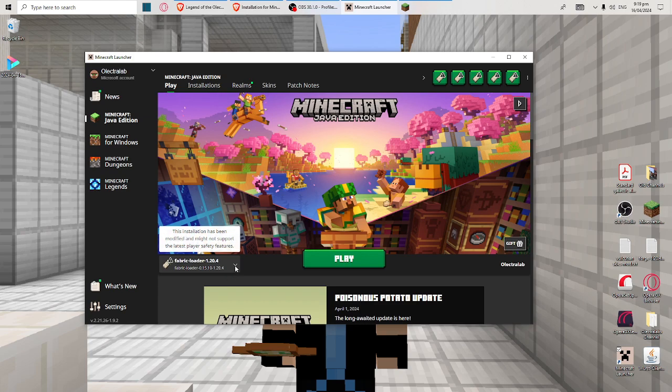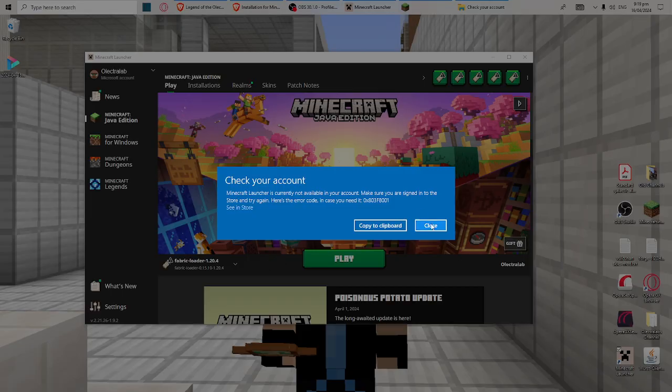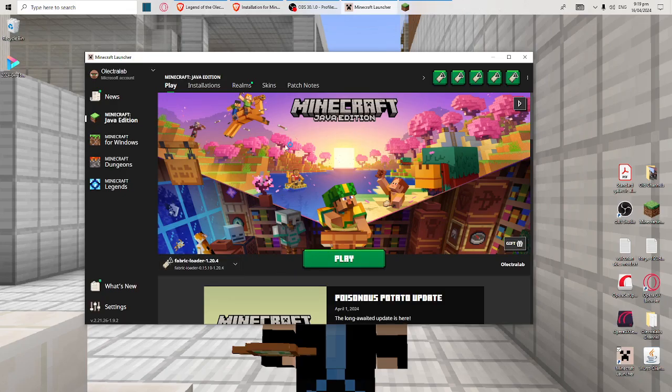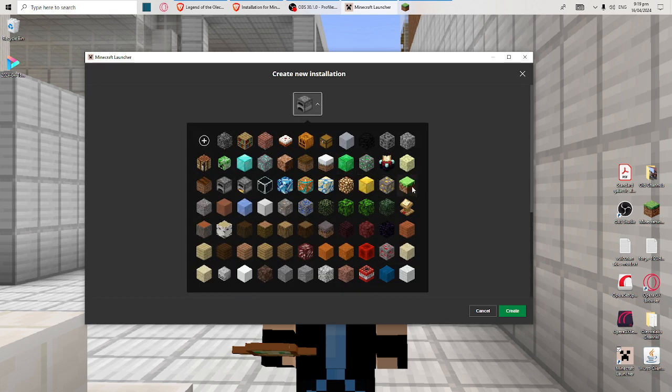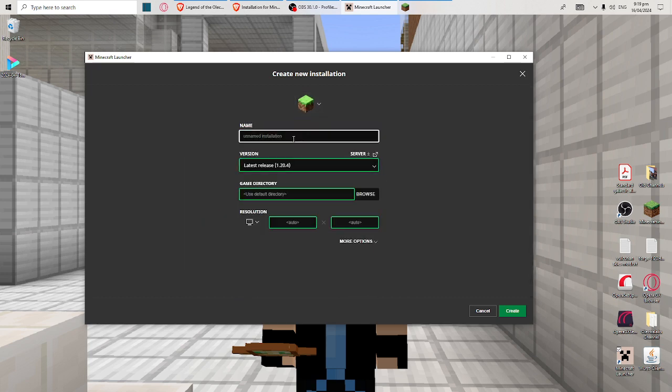And what should happen is there should be a new version called Fabric Loader. Now, if this doesn't happen, oh, my bad. If this doesn't happen, you're going to want to go into installations and go new installation. You can name it whatever you want. I prefer to use the dirt block as the icon. So we'd call it, say,